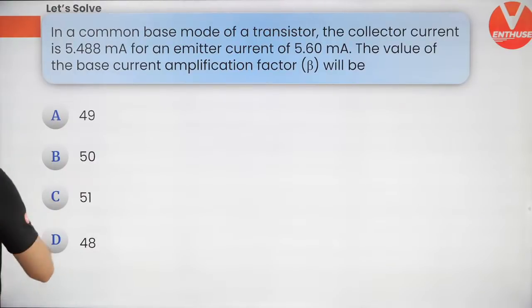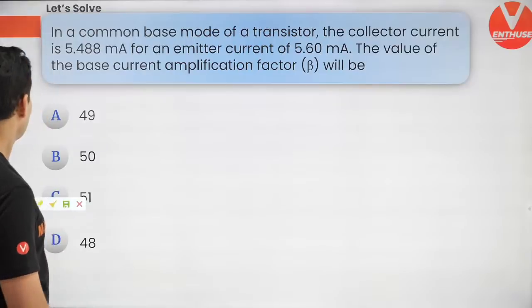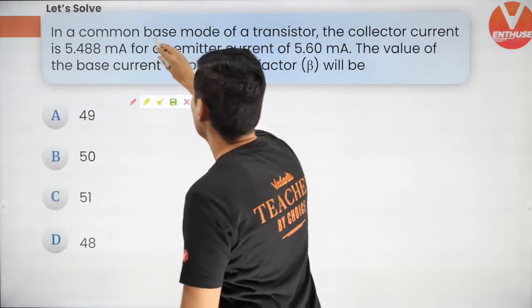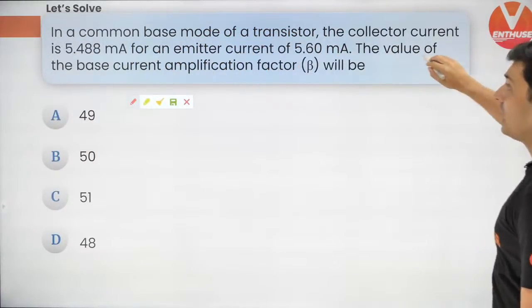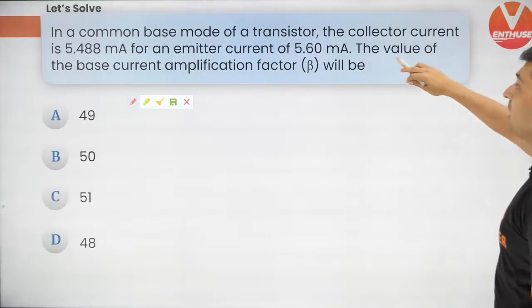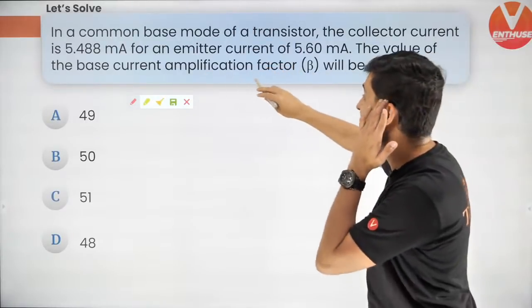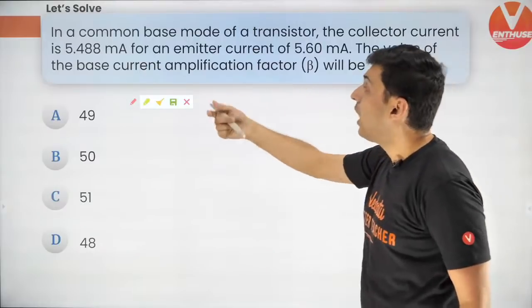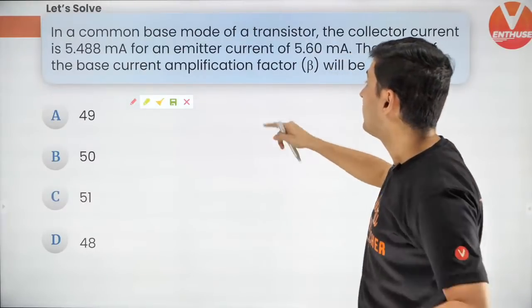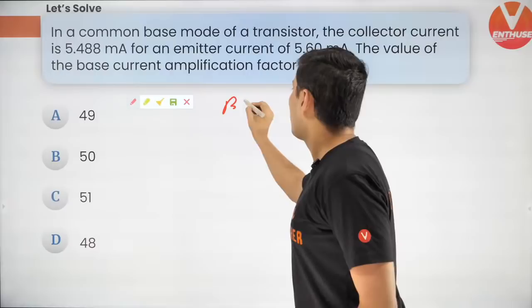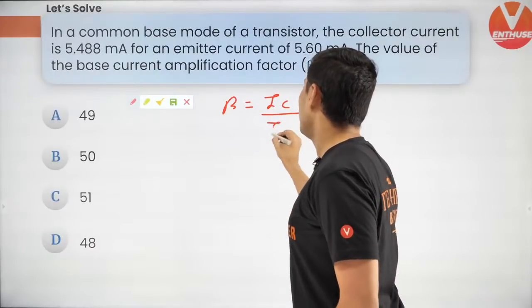Very good. Next, here is the next question. Come on guys, let's do this quickly. For a common base mode of a transistor, the collector current is this much. For an emitter current of this much, the value of base current will be how much? It's not that difficult. We have to find beta, right? And what is beta? Beta is IC divided by